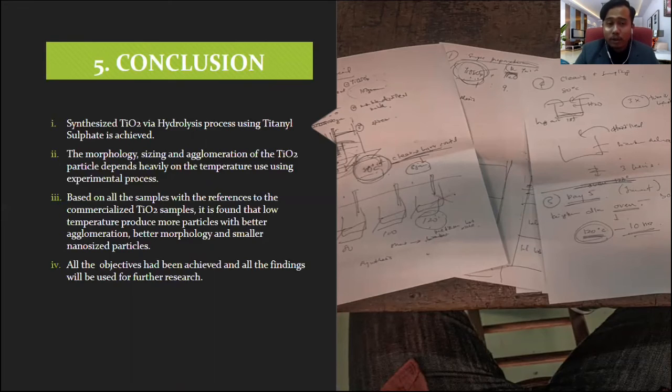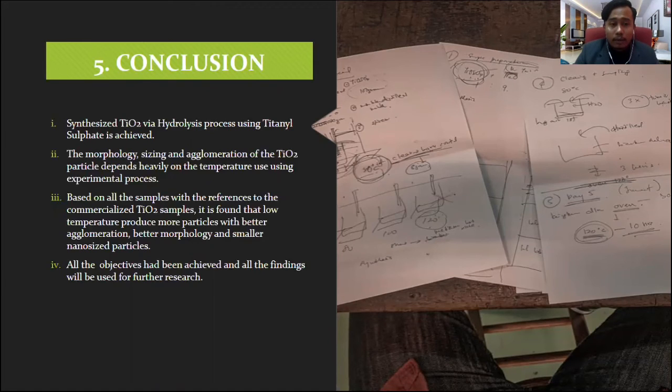Based on all the samples, with reference to the commercialized titanium dioxide sample 4, it is found that low temperature produces more particles with better agglomeration, better morphology, and smaller nano-sized particles. As we can see in sample 1 from the three experimental titanium dioxide samples,